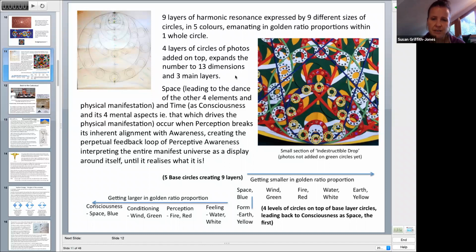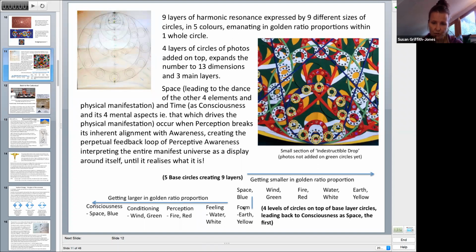So space leading to the dance of the other 4 elements, and hence physical manifestation, and time as consciousness and its 4 mental aspects, i.e. that which drives the physical manifestation, occur when perception breaks its inherent alignment with awareness, creating this perpetual feedback loop of perceptive awareness interpreting the entire manifest universe as a display around itself until it realizes what it is, consciously. So here's a little chart down at the bottom with the space blue, that one, containing the yellow earth,